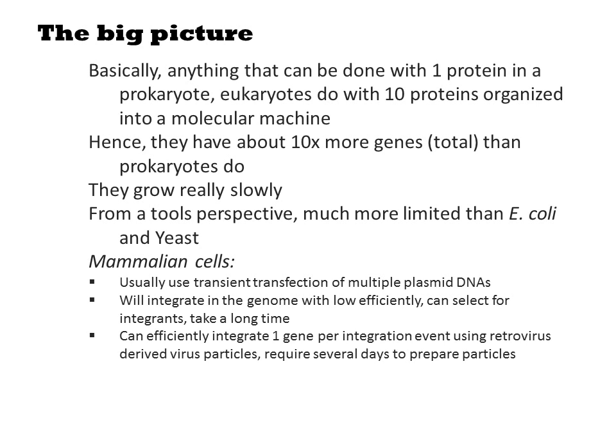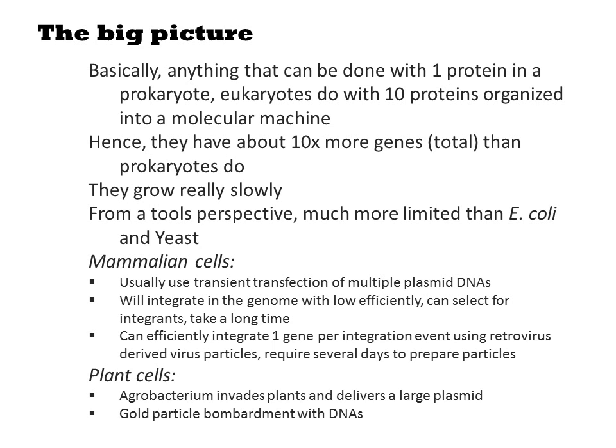Transiently transfected DNAs will randomly integrate into the genome, and such cells can be selected with chemicals, but this is a slow, long process. There are also viral technologies that efficiently integrate into the genome. Such processes are slow to perform, but highly efficient once the virus particles are prepared. Installing more than one gene into the genome with precision is still a challenging activity with eukaryotes.